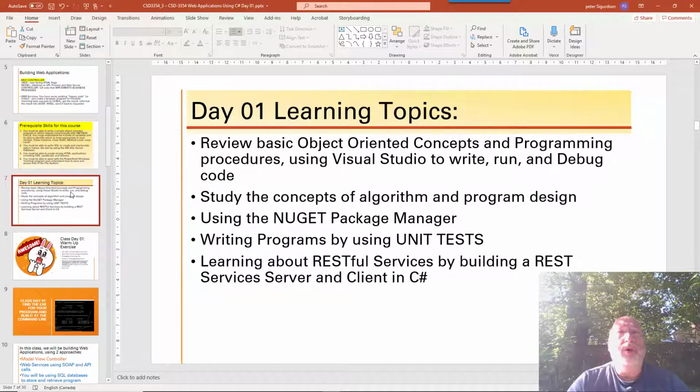We're going to study what it means to write an algorithm and design a program. And again, if you want to go into IT, you must understand that. And if you don't want to go into IT, I'll give you the little bits that you need to remember for the tests. We're going to learn about the NuGet package manager, which is how we install new packages from